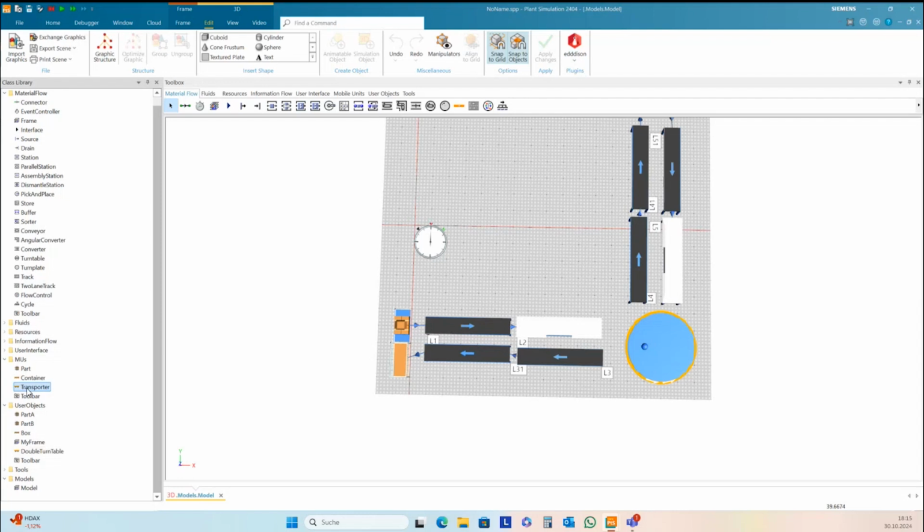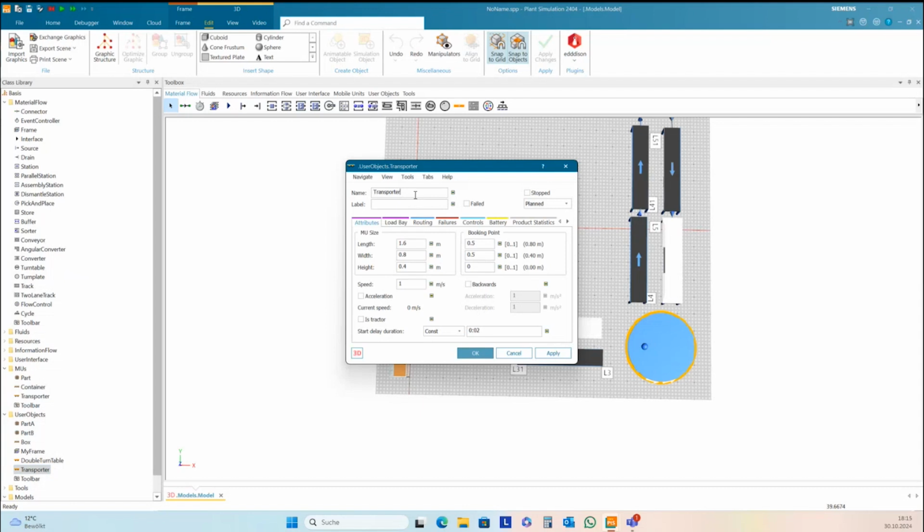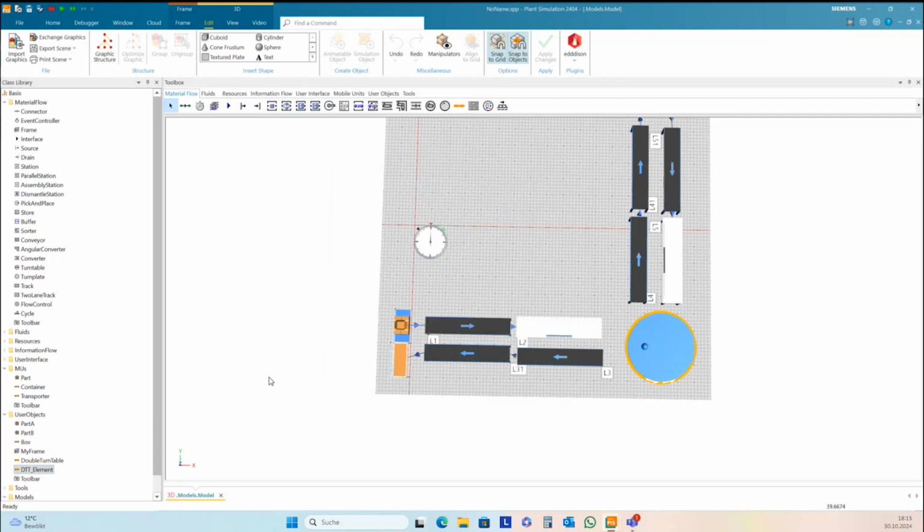So duplicate another transporter, and I name it double turntable BTT element. Open this in 3D.